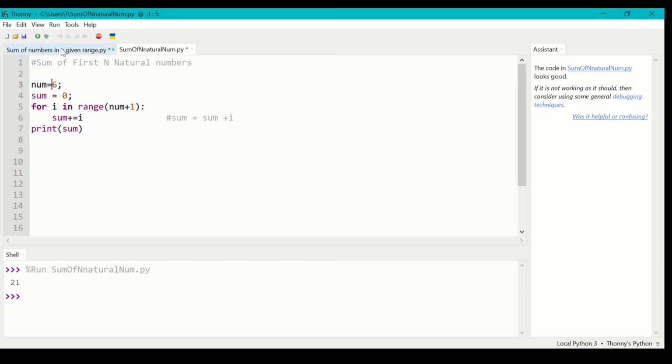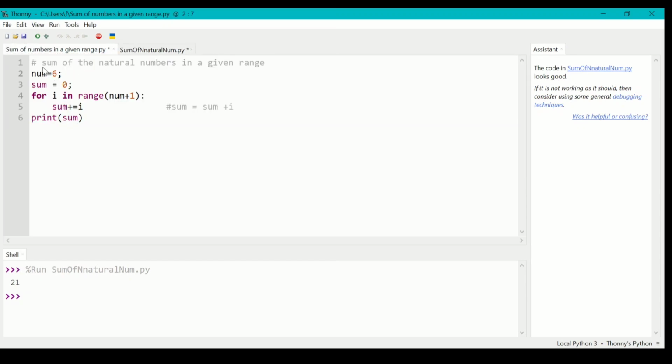But in our latest problem statement, we need to satisfy a given range. In the sense, there will be a starting number and an ending number. So let me modify this and I will keep start as 3 and